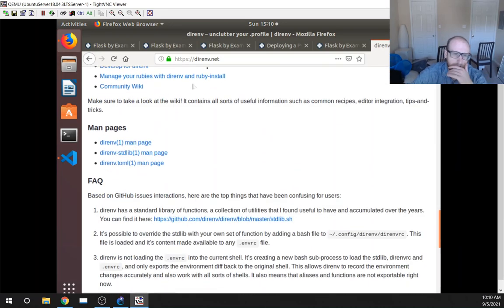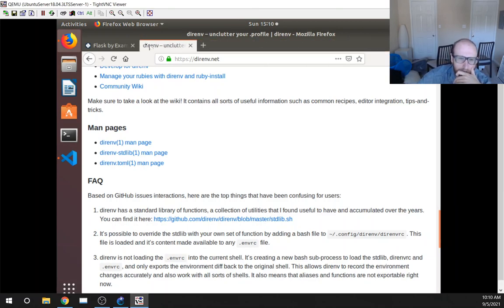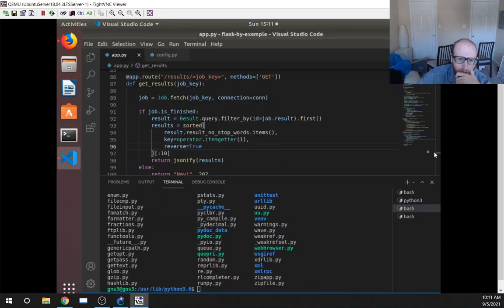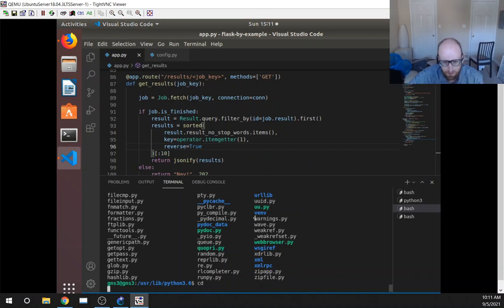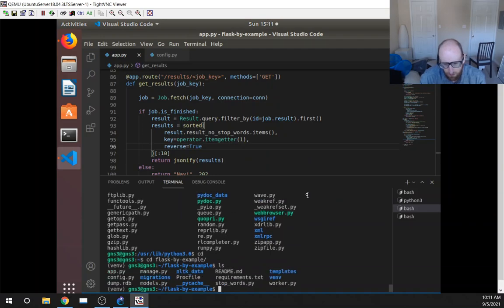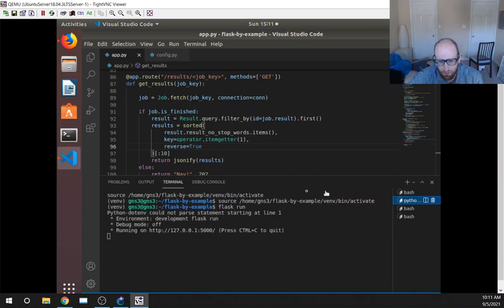All right, but this is a little bit of a red herring, kind of a distraction. It's really not important how we activate the virtual environment. What's more important is that the code actually runs. Okay, so in the second step to get the code running, the first step, we have to open our development environment,